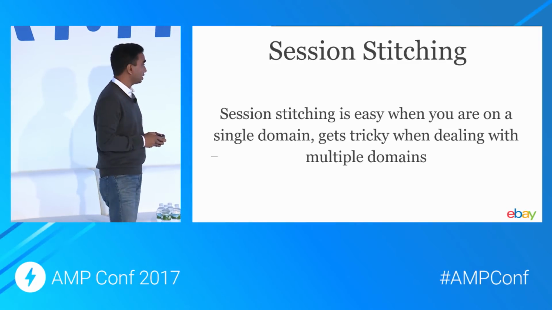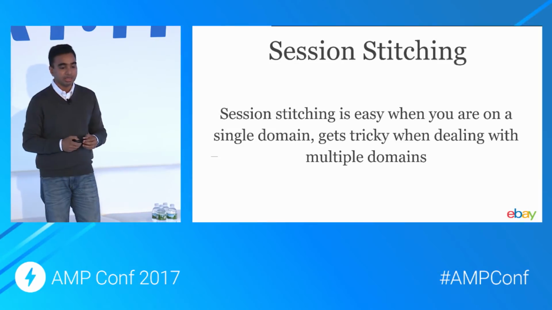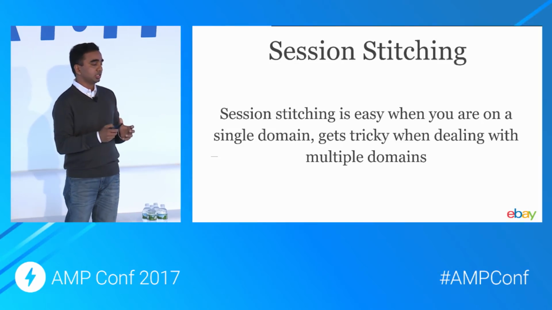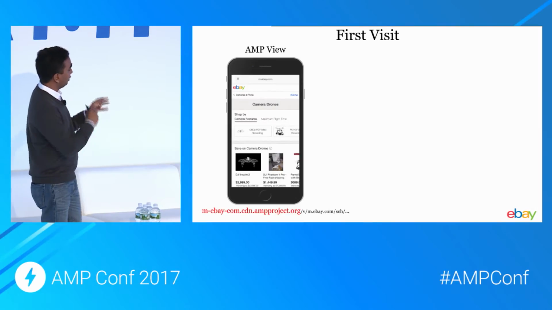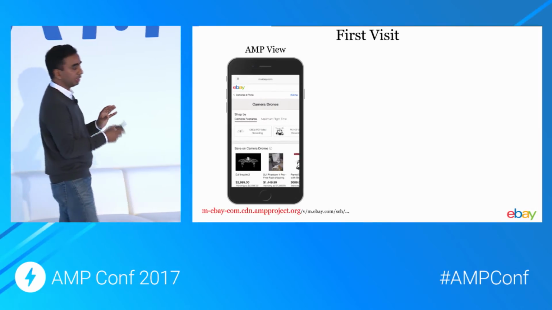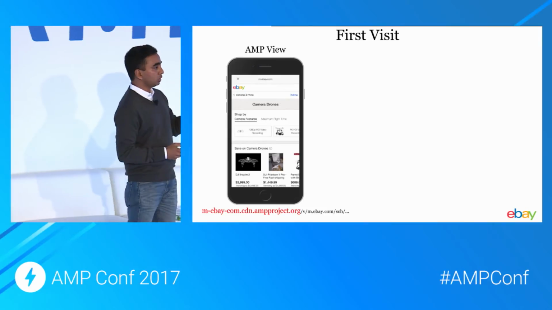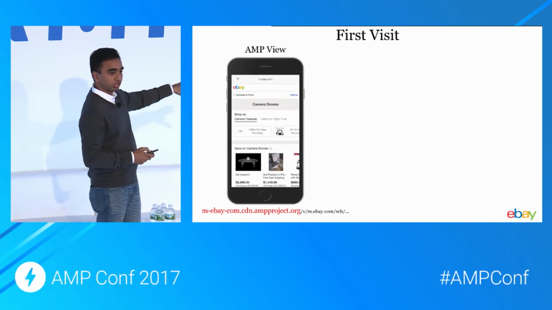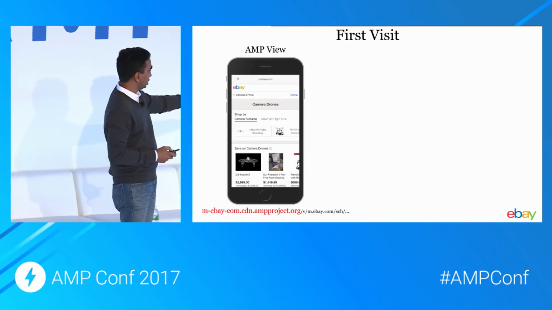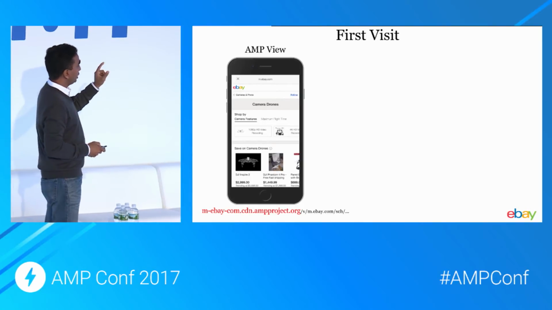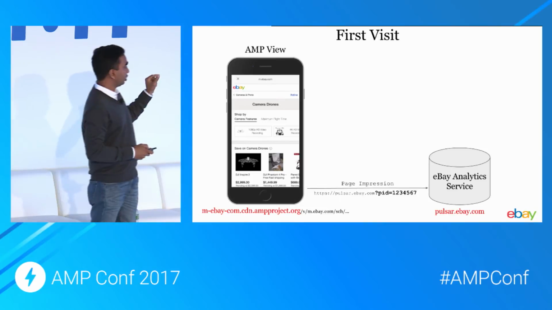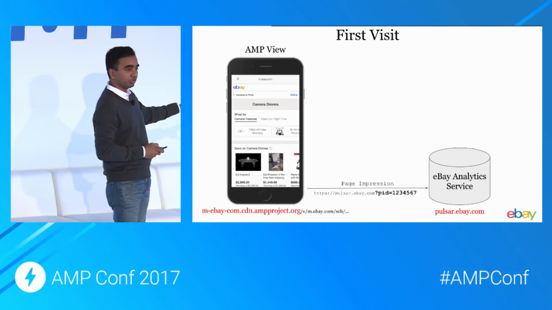And as you would have guessed, AMP has multiple domains associated with it. So how did we achieve this session stitching in an AMP world? I will walk through the scenario on how we did that. When the user first comes to Google search, they click on a link, the AMP view shows up, and it is hosted in ampproject.org, which is not an ebay.com domain, right? What we did is we set up page visibility or page impression tracking on load of the page, which gets fired